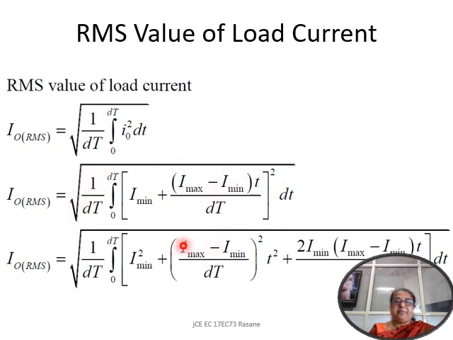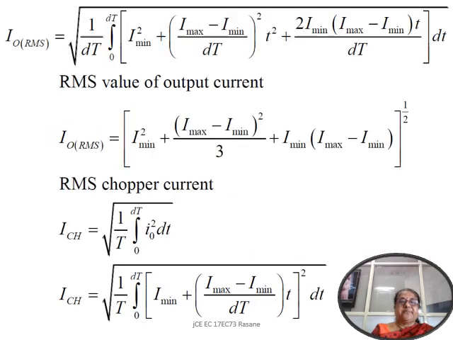Now you'll have to take a paper and pen and try to solve it out here. So integration of I minimum dt, and we have the square term here, so this becomes like a plus b the whole squared. So this becomes a squared plus b squared plus 2ab. So the expression has been expanded and now it will be easier to take the integration. This will remain I minimum as it is. We'll see in the next slide.